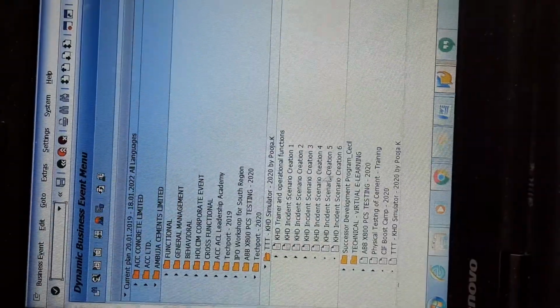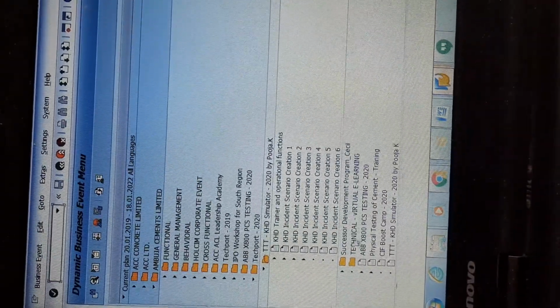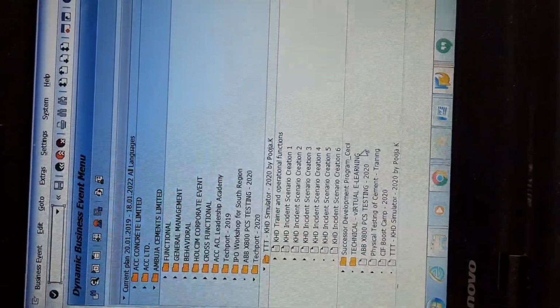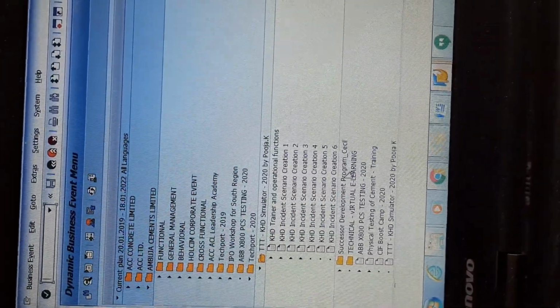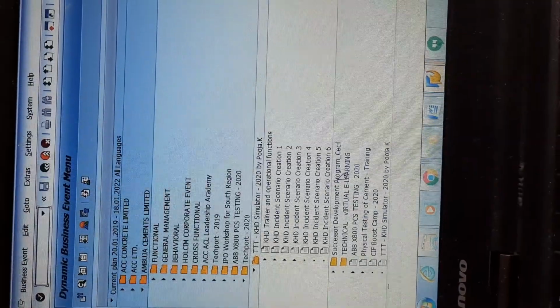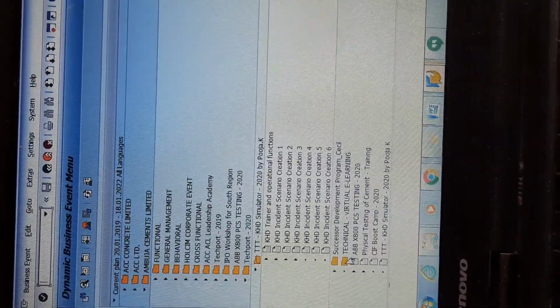Okay, so you can go back to this session and refresh. You can see the folder is created. See, technical virtual training, right? Fine. Since I wanted to create this, I'm just getting into technical itself. So now I will double click this and I'll get this code. You can either copy it or go to the main page and create an event.